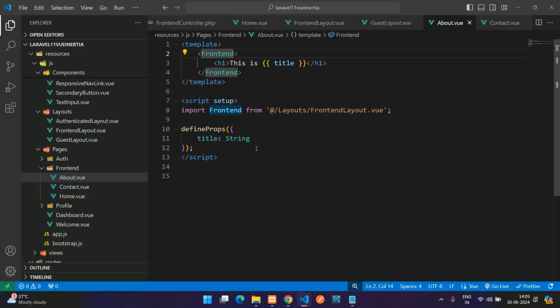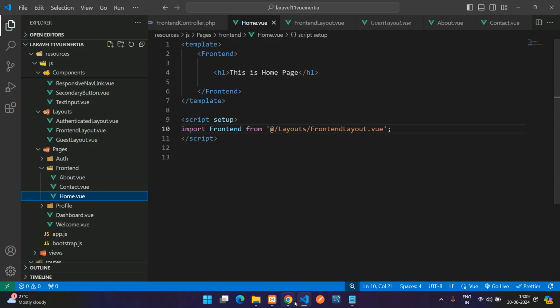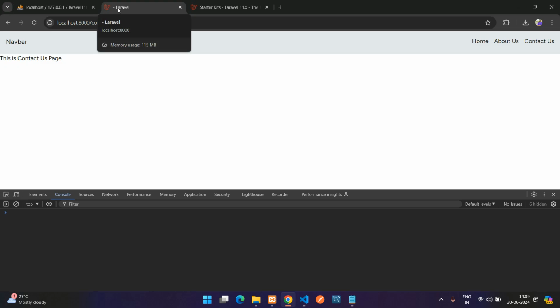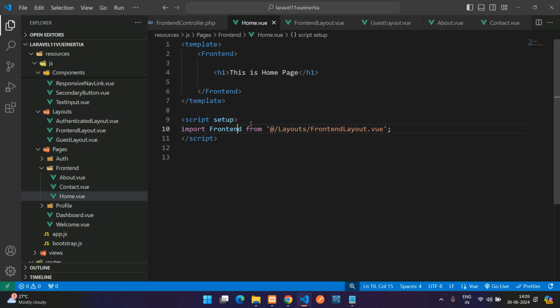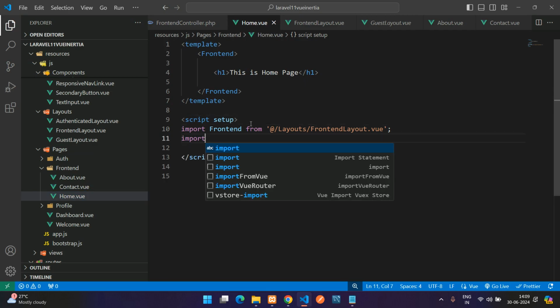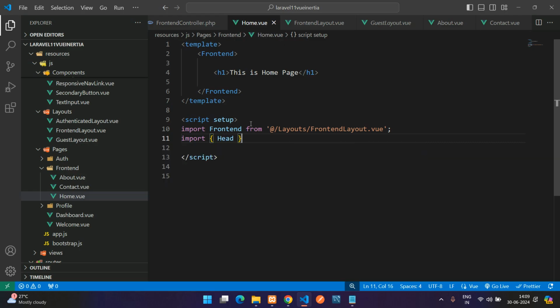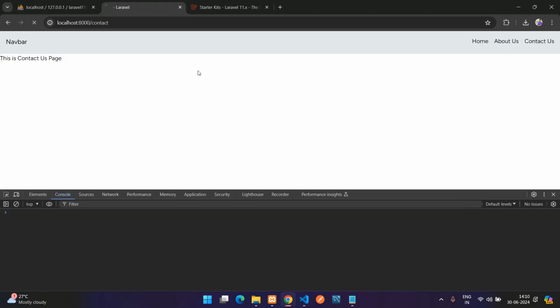And now let's get back again. I just want to teach you one more thing, guys. In the home page, you have to show a title on the browser tab. For that, use the Head component. Import, open and close, the Head component from @inertiajs/vue3. Now you can utilize this directly as a Head tag and mention the title equal to Home Page. Okay, so now if you refresh,